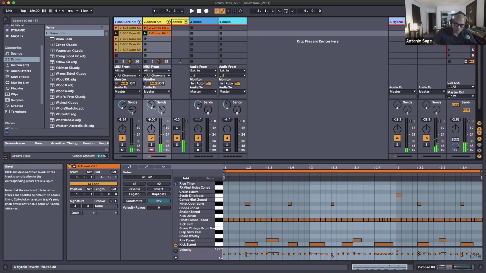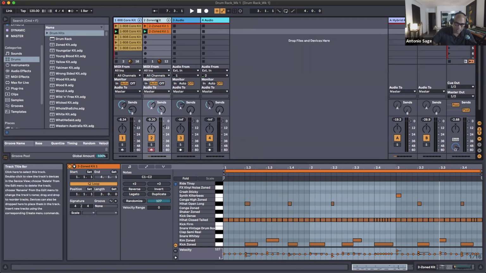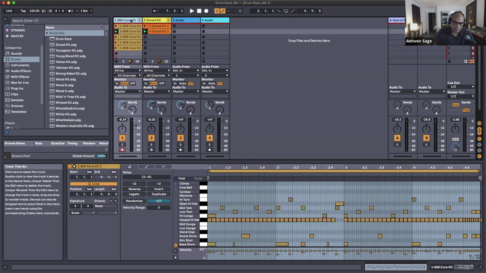We also sent to the reverb while I was in there. And I'm just going to close that because that's something for the future. So that allowed us to create two different drum racks that are playing together pretty harmoniously, really. It sounds great. However, we are not stuck, and this is the grand finale here, we are not stuck with